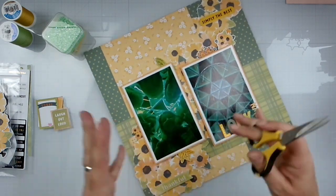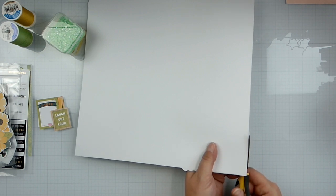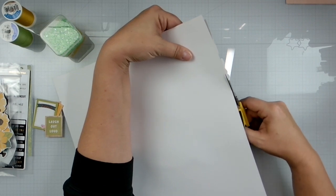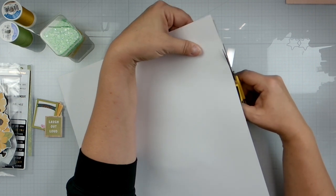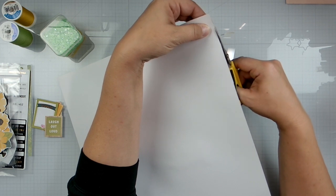Kind of already base laid down. I thought I hit record for the first part and alas, I did not. So we're going to deal with that. So I took one of those Paige Evans page kits that I have been creating and created and